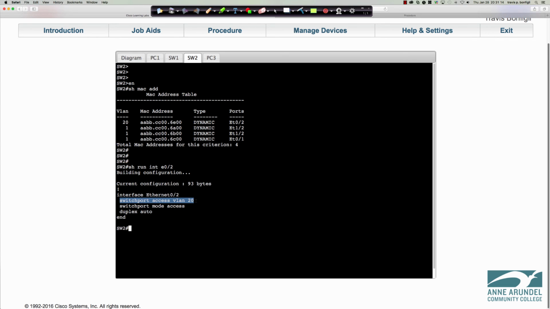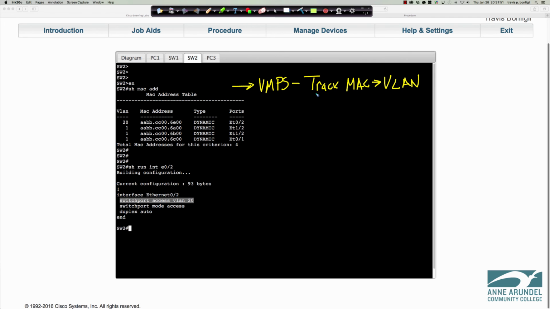Well, if I was doing dynamic VLAN configuration, there's a couple things that I would need. The first thing that I would need would be, and let's change this color up here, I don't like blue on the black, a VLAN management server, right? A VLAN management policy server of some kind, which would be used to track the MAC to VLAN assignments. We would need a VLAN management policy server to track the MAC to VLAN assignments, because